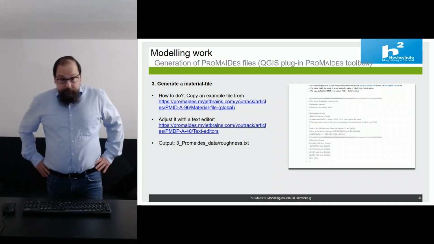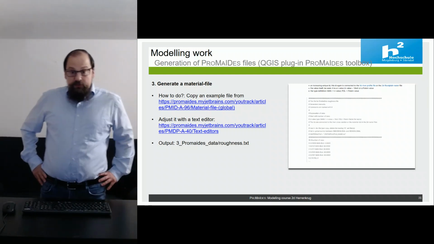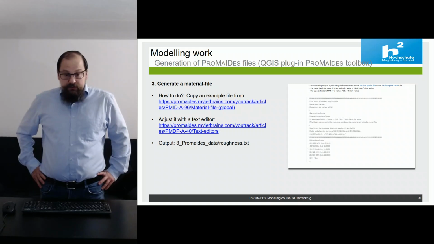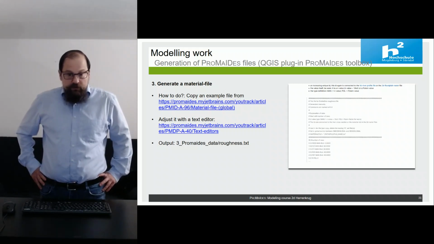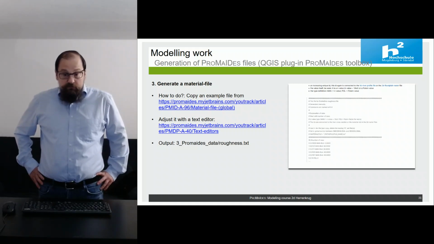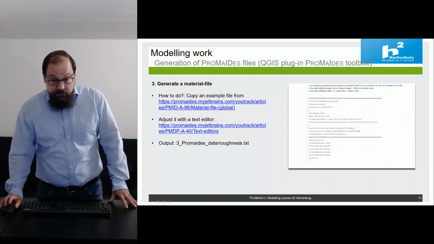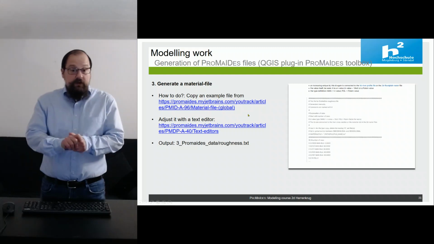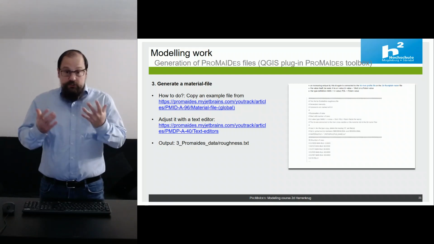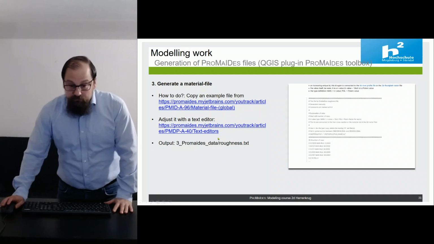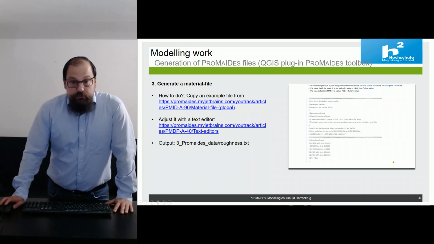Good. Then generate a material file. This has nothing to do with QGIS. This is quite simple. How to do it? Copy an example file for a material file from, for example, this link. There you will find a file. This is available. So just copy it and then adjust it with the text editor, for example, to your